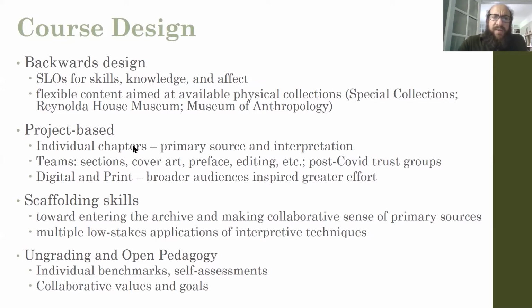In the way that the project was designed, there are individual chapters. So the idea is that each student has their own primary source that they've selected through engaging with different archives. And then they do an interpretive piece with that primary source. In the original edition, it was writing an introductory essay and then annotating that primary source, excerpting or using the entire primary source, depending on what it was. Maybe it's visual, but putting some kind of annotation on the source itself using footnotes,